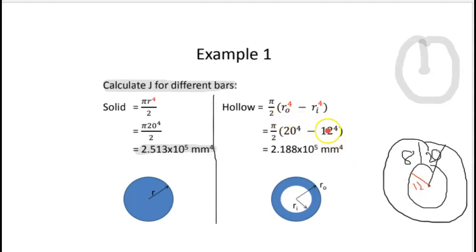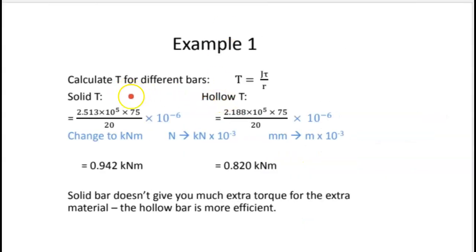So I put the inner one as 12 because we're doing radius. 20 to the power 4 minus 12 to the power 4. That will give me the value. So if you have a look, the J here is a lot bigger than the J here. Okay. Once we got the J, the question is to find the